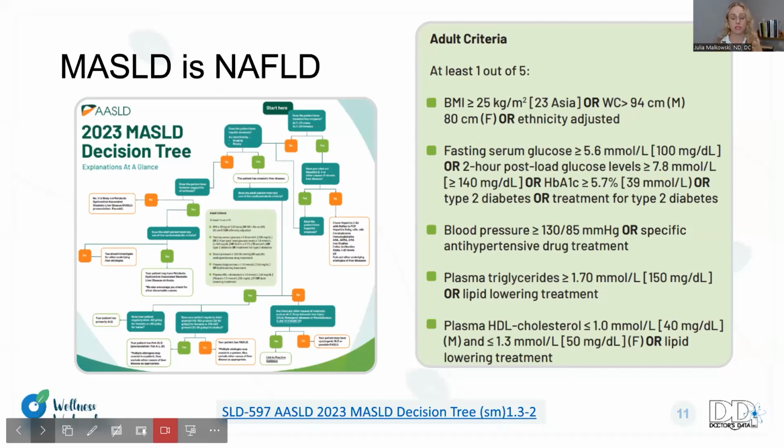So just recently, I want everyone to be aware that the nomenclature has changed. It's no longer termed non-alcoholic fatty liver disease in those individuals. It's metabolic associated steatotic liver dysfunction. And this is for your patient that does not have a history of alcoholism, but they have fatty liver. And so that's a metabolically induced fatty liver condition. That does play a role with regards to cardiovascular disease,